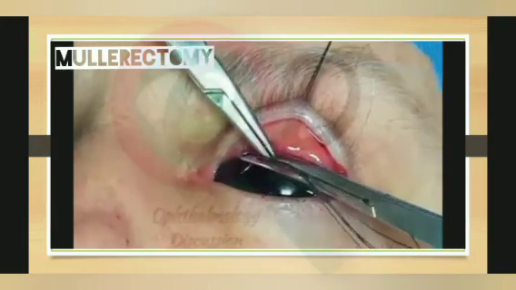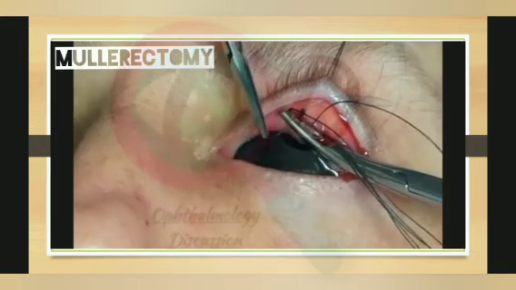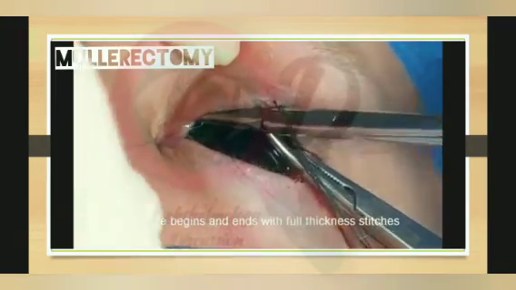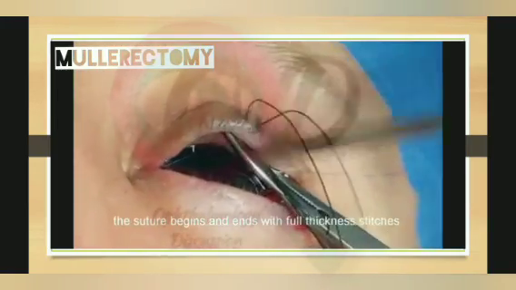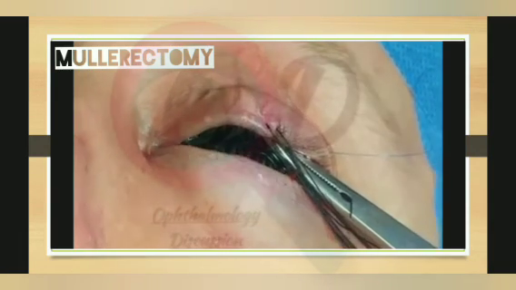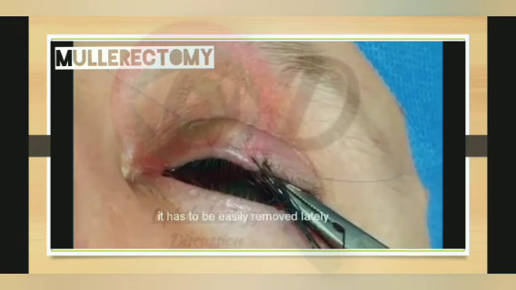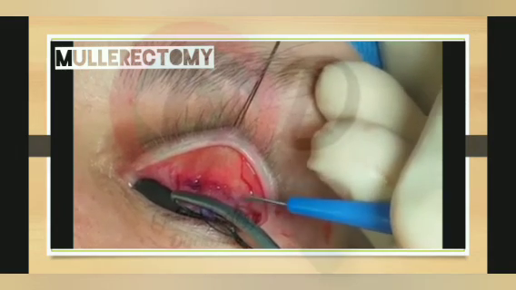At the end, they will cut out the extra fold. See this, they are resecting it.